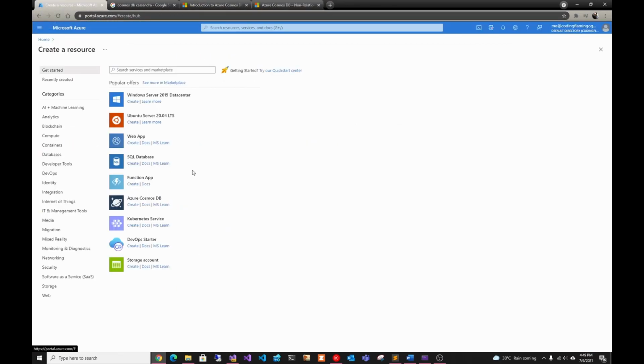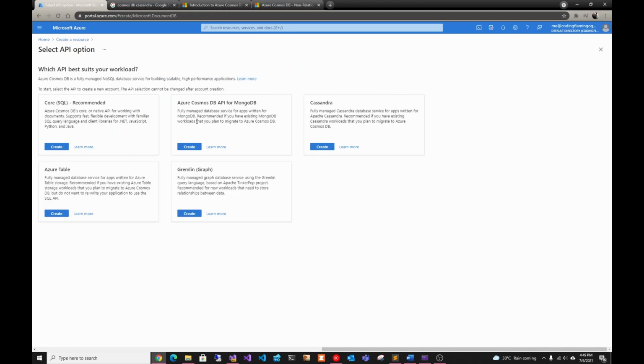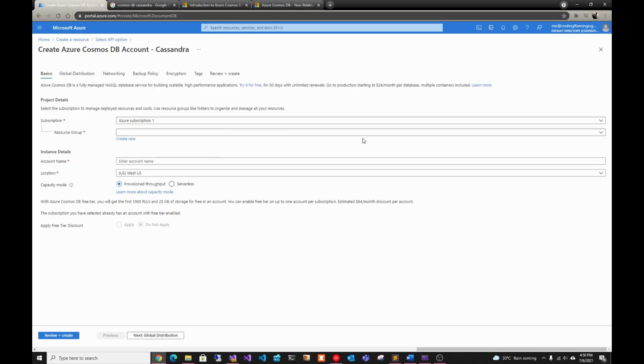So the first thing you have to do is go to the Azure portal and go to Cosmos DB. And in here, it offers you all the different APIs, and you can see the differences and learn more. Today, we're going to use Cassandra. And then in here, you just enter your information. So you enter your resource group and the name of the account you want to name it. So let's do